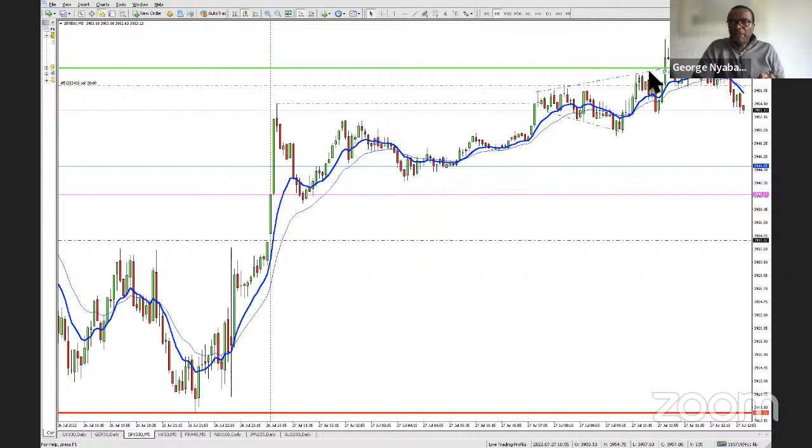Let me just pull this back. So that's an expanding triangle. This is a classic example of what I'm talking about, that if you sell that instead of waiting for the second signal, you need to have a measured move, because the market might just create another move. So if you're saying, okay, I want to sell here, then I have to look at the height of the triangle. You're going to have your stop way up there, like I've got my stop out of sight somewhere up there, because the market may just create another push up. But if it didn't, you could then sell that or sell anywhere within there.